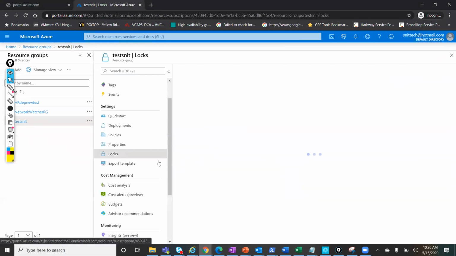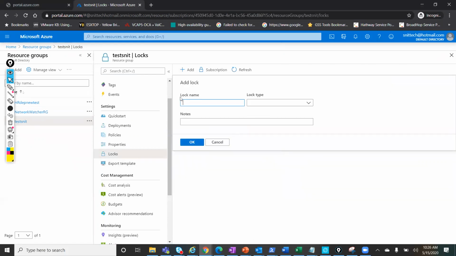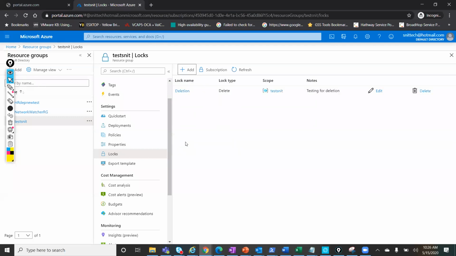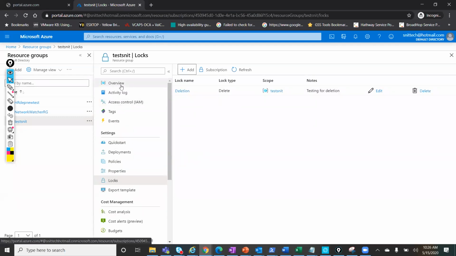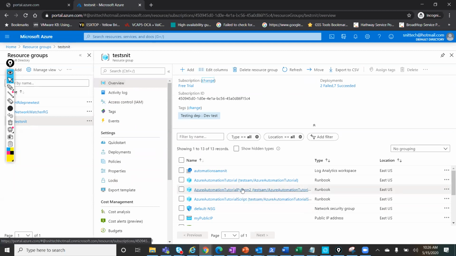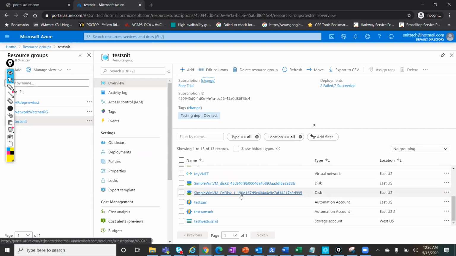Let's try it. So lock, add a lock, deletion lock, and then I'll do a delete testing for deletion. Okay, I'll give an okay. And then let's go ahead and try to delete one of the resources here.